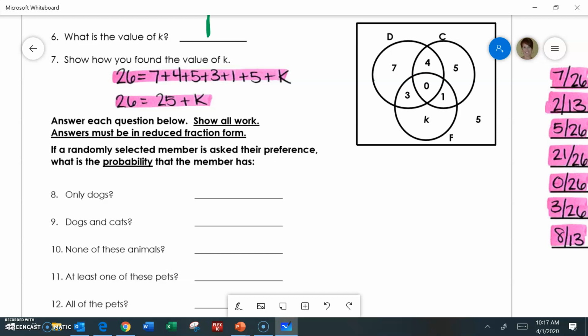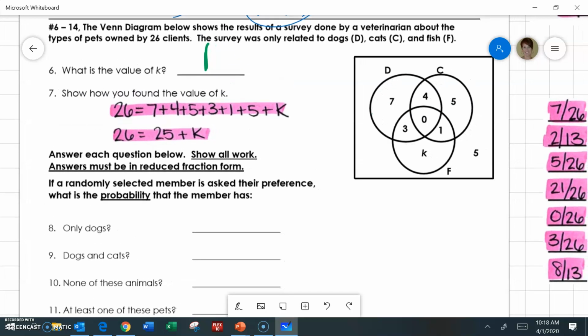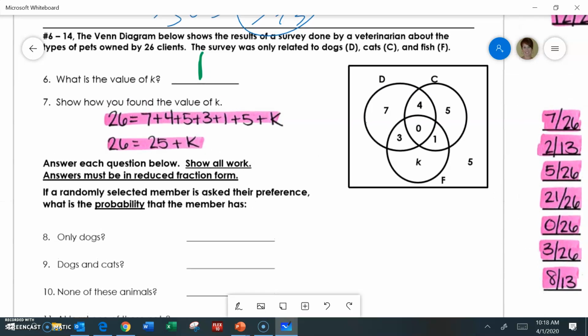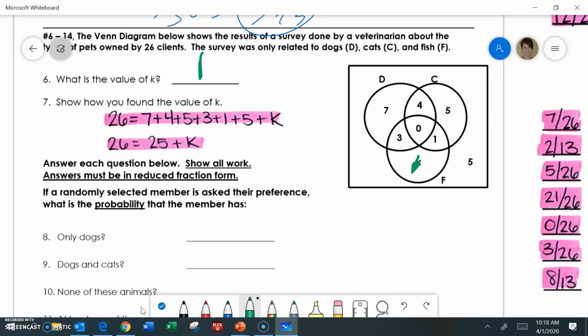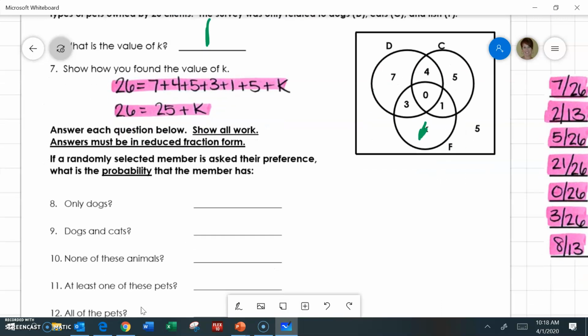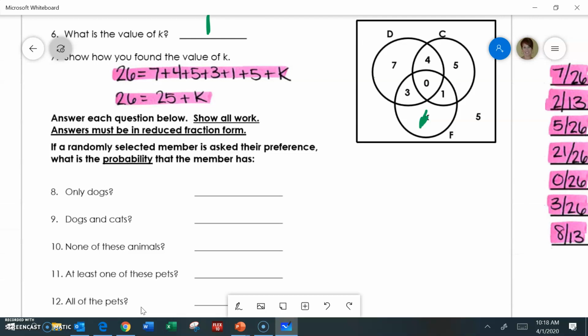So we are looking for everything. So we're looking for 7 plus 3 plus 4 plus 5 plus 1 plus that one that we found at the very beginning. So if I mark that we already know that K is 1, I'll put a 1 there. So really, the probability that they have at least one of those would be everything but the 5 on the outside. So your answer for number 11 is 21 over